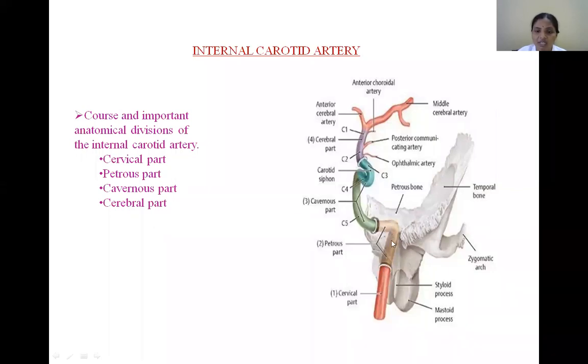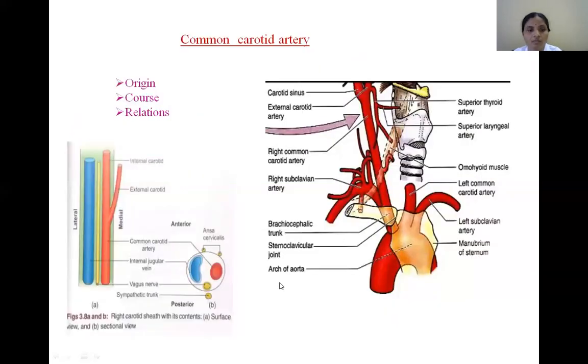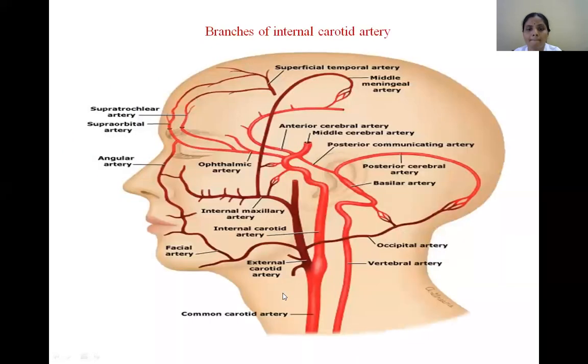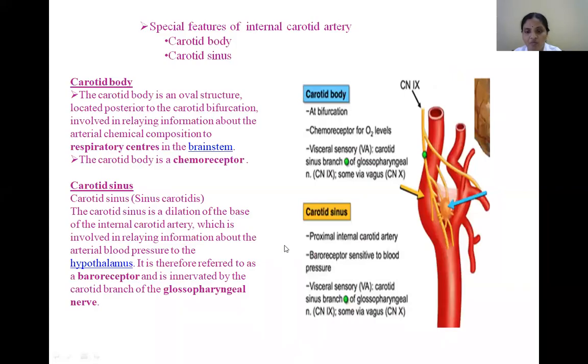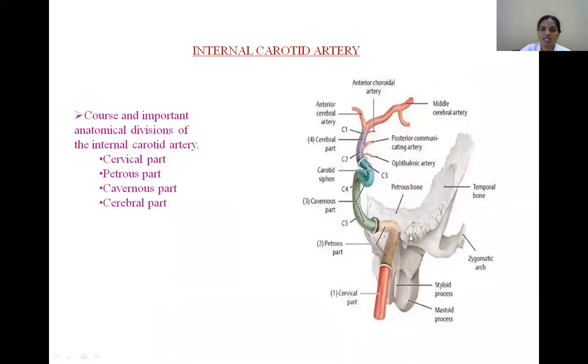Then it leaves the petrous part through this opening. So what is this? Anterior opening of the carotid canal, just behind the foramen lacerum. So from here it appears in the carotid sulcus. So what is this carotid sulcus? In the last slide, I will show you what the carotid sulcus is. So through this anterior opening of the carotid canal, the carotid artery leaves the petrous part, then enters into the